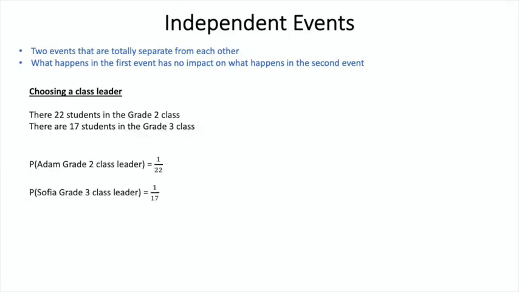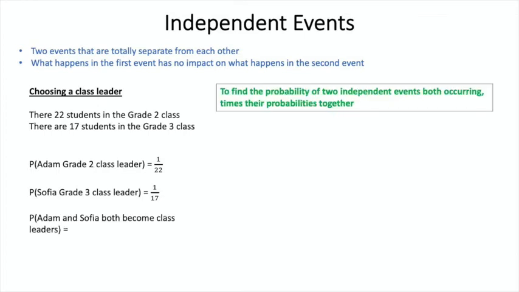Okay, here are your answers if you did it correctly. Because there's 22 students in the class, there's a 1 in 22 chance of Adam's name getting pulled out. Same for Sophia in grade 3. Next question I have is Adam and Sophia, they're both really good friends. And they say, oh, wouldn't it be good if we could both be the leaders for each of our classes? So my question now is, what's the probability that Adam is the grade 2 class leader and Sophia is the